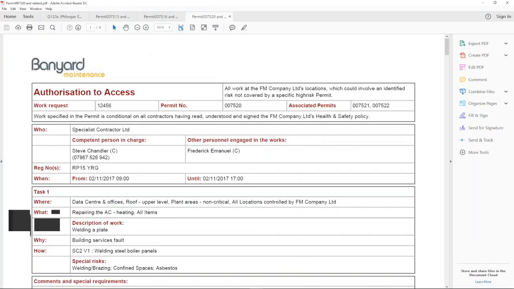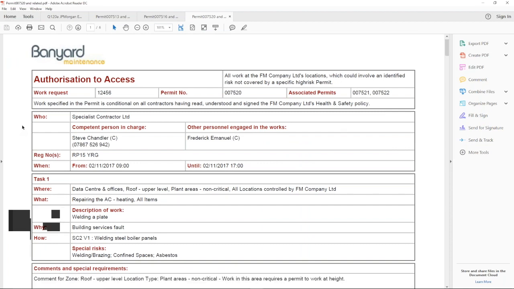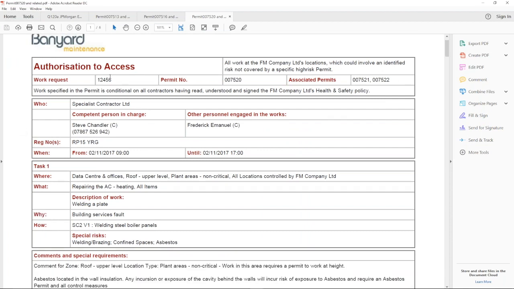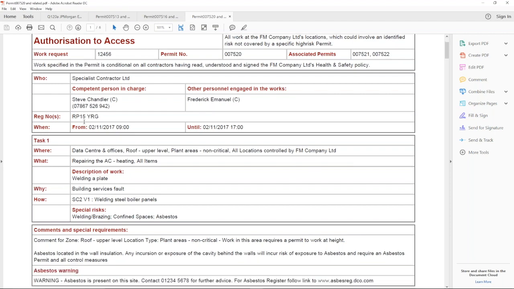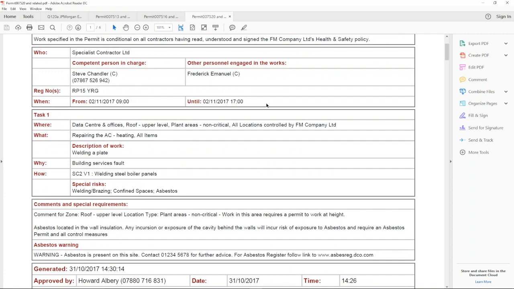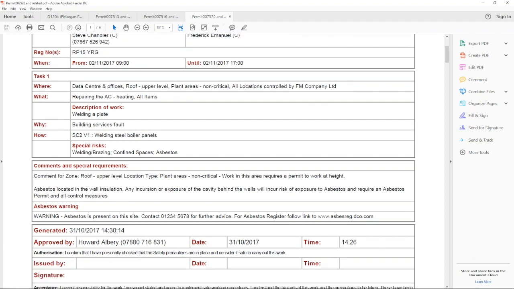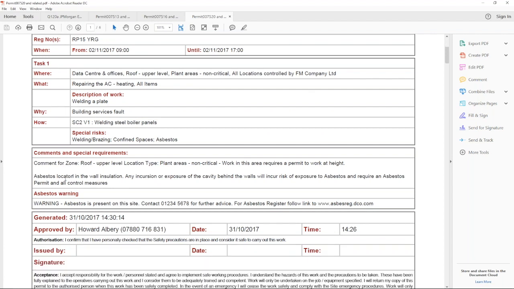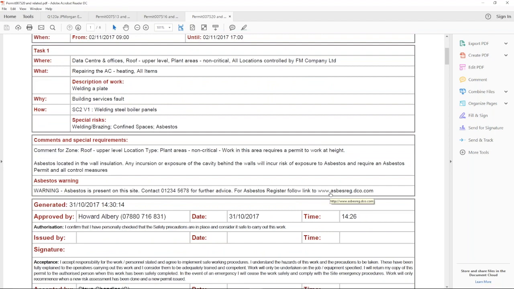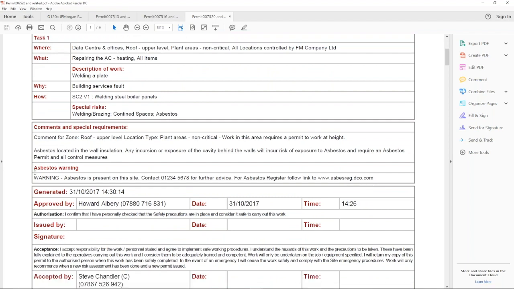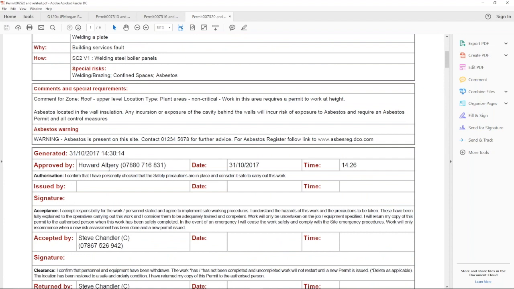And what you'll see on the screen is just our standard template, but obviously we can configure these to look and feel exactly the same as your current permits that you use. It tells me associated permits, it gives me the work request number, it tells me who's coming, car registration numbers, the timings of it. So on access, I'm coming in between 9 and 5. What task is going to be done overall? Here's the information about the asbestos warning, and I can still go to the asbestos register should I need to go and check it. This shows that it was approved by a guy called Howard literally a few minutes ago,